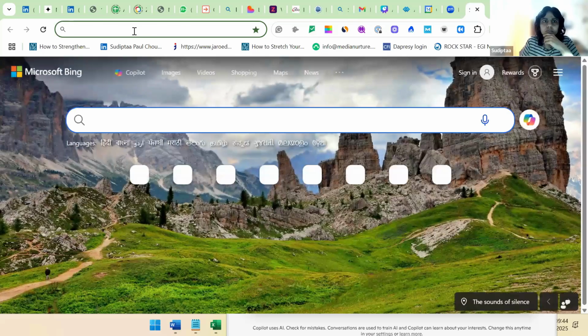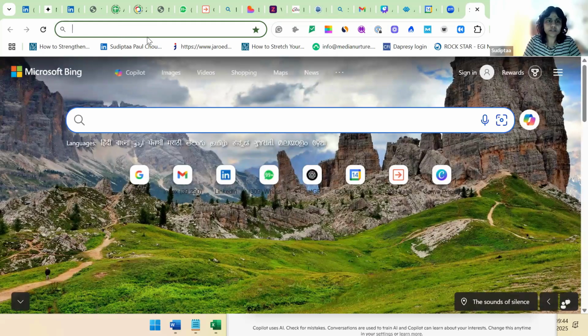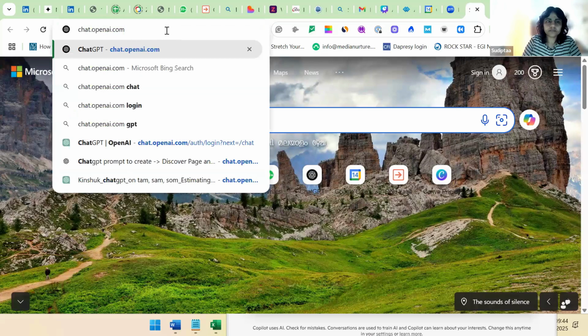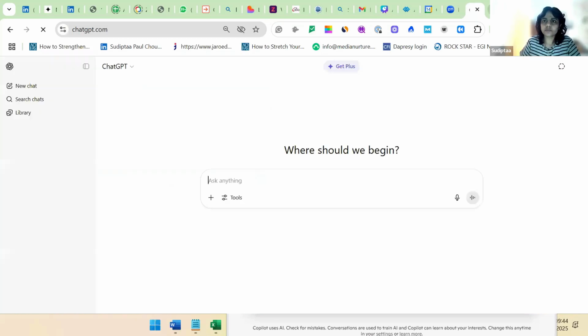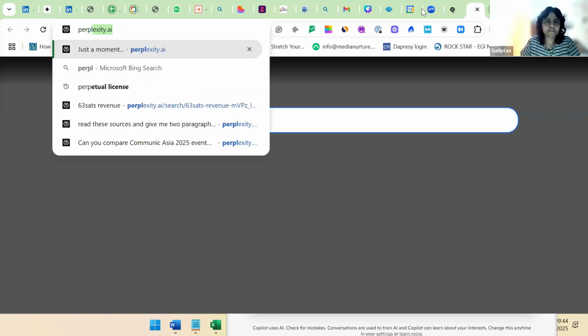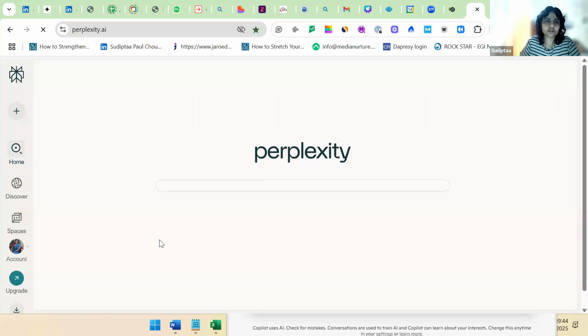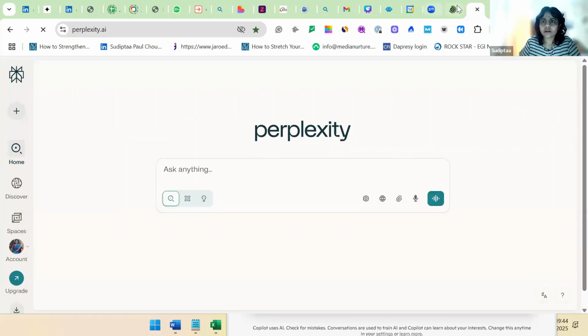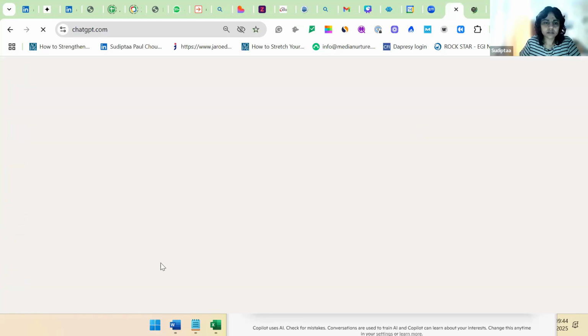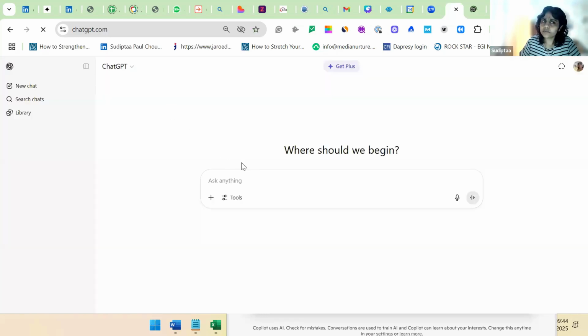So let me use my ChatGPT, which I use. And I will also show you Perplexity. And then we'll go to the next tool, and we'll see that. So let's first get started with ChatGPT. I'm currently using the free version, because we are not really using anything very critical data. So let's say,